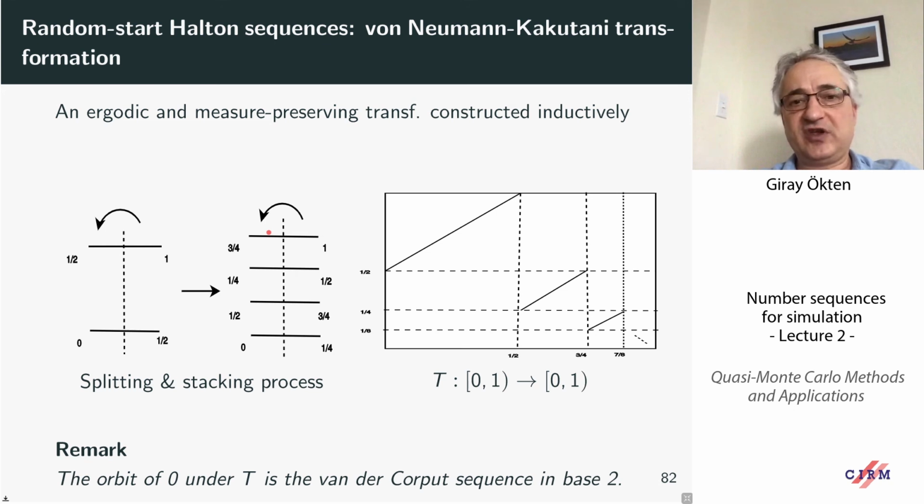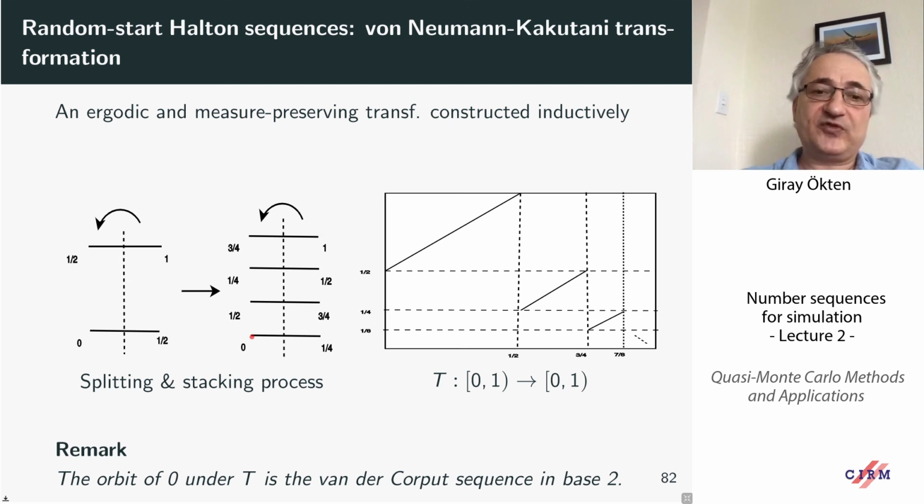And at each iteration, at each step, you're actually defining a mapping T from a subset of [0, 1] to [0, 1], and then in the limit, this becomes a full mapping from [0, 1] to [0, 1]. Interesting, as far as we are concerned, is if you look at the orbit of 0 under this mapping, 0 means 0, and then its image. The image of 0 under this mapping is simply the number that is right